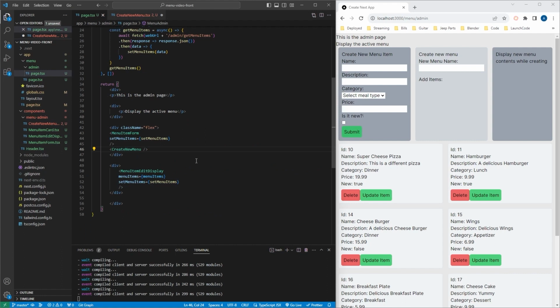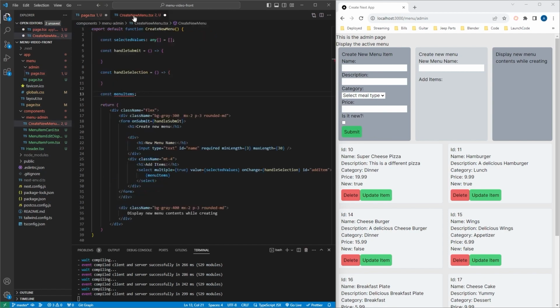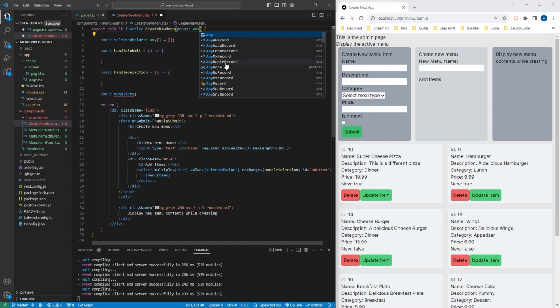So let's go ahead and pass in some props. We're going to say menu items equal to menu items. We go into here and then we say props any. All right, I'm going to save this here. And now we can go ahead and define and say menu items is going to be equal to